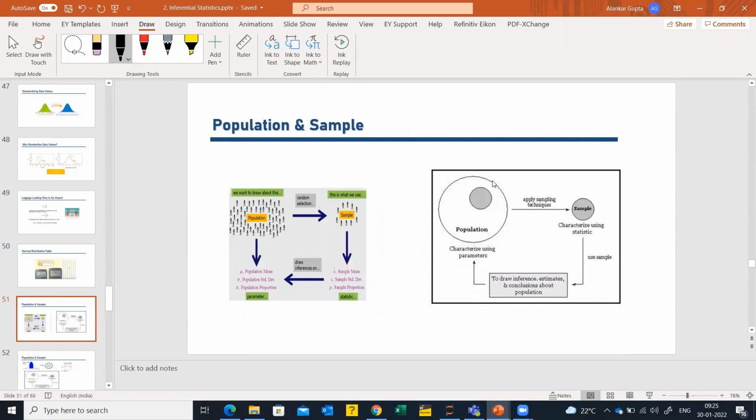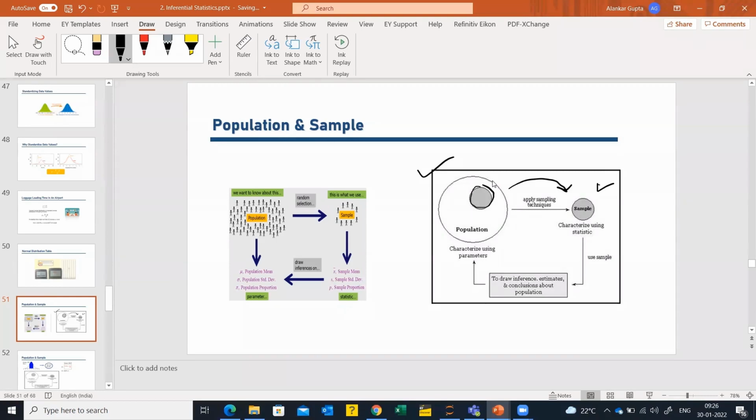So we all understand what is the population, what is the sample. Now the second branch of statistics is actually inferential statistics. Right? In inferential statistics, we infer about the population based on the sample data. So here you have your sample data, and we basically use this sample data to infer about the entire population. Now, to understand this, let's look at this particular diagram here, right? In this diagram, the whole population, which is this bigger circle, we take out a certain sample out of it. So this is the sample which we take out here.